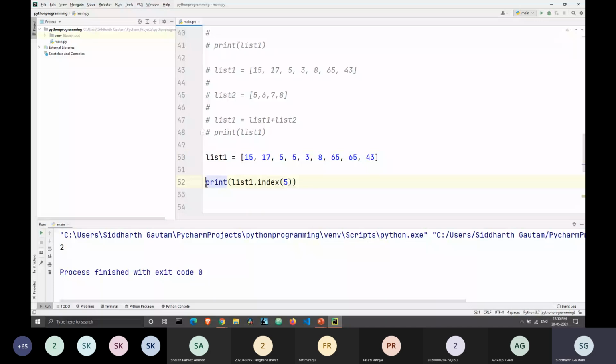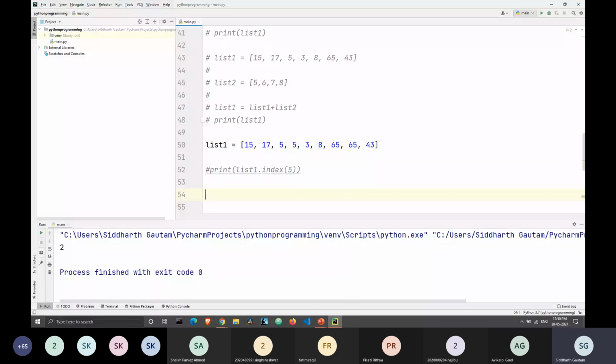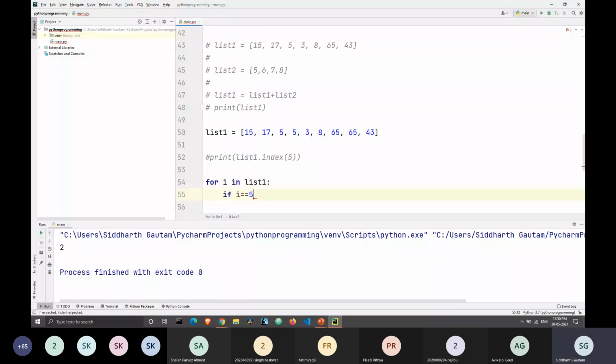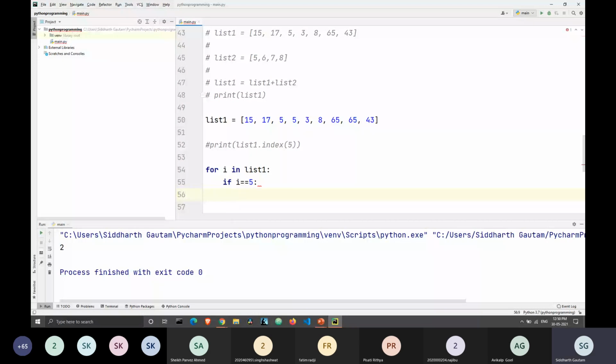And normally we can just iterate through our list using for I in list 1, all right? And if I is equal to 5, and then we can print the index of 5. This is not the correct way to do this, okay? This is not the correct way if you want to find the index, because the function gets a little complicated. You can Google how to find the index of a number using its value, but that will come across the same error, the same problem we faced here.